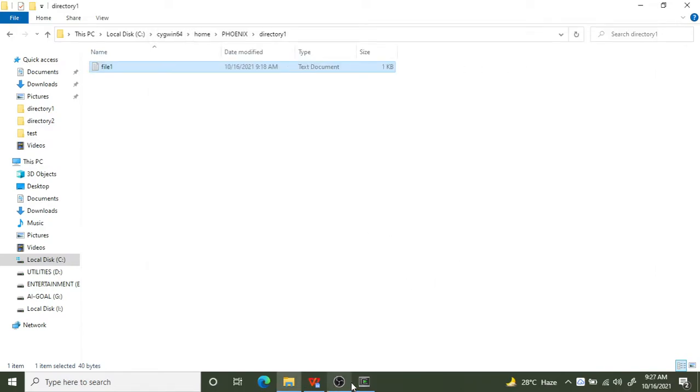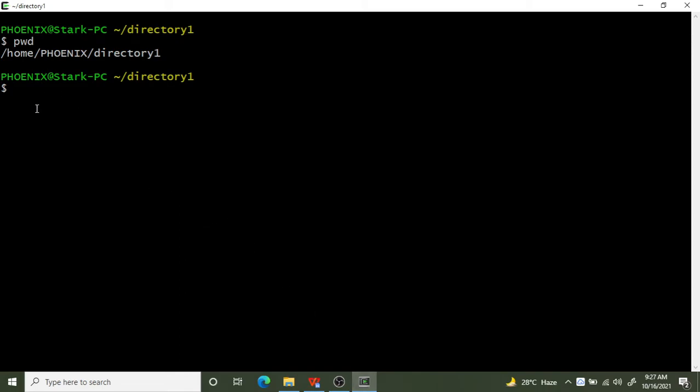Let me create one more file through the cat command. Cat, greater than, file2.txt, hit enter. When you hit enter, what happens? The console prompt will ask you to enter some content to this file. There won't be any interactive message, but here you can see the dollar symbol is not coming. That means it is expecting the user to input some content to file2.txt.